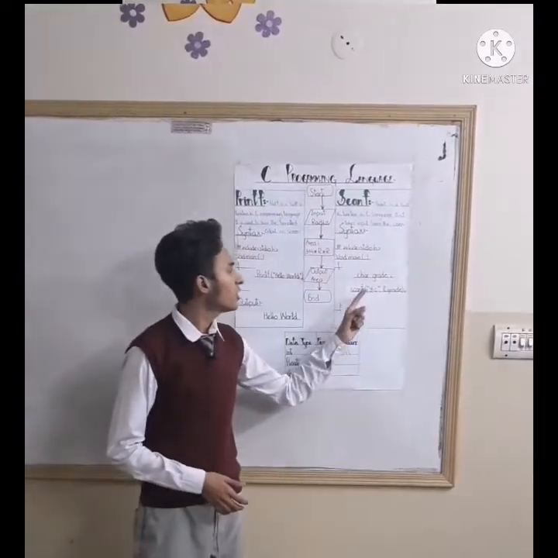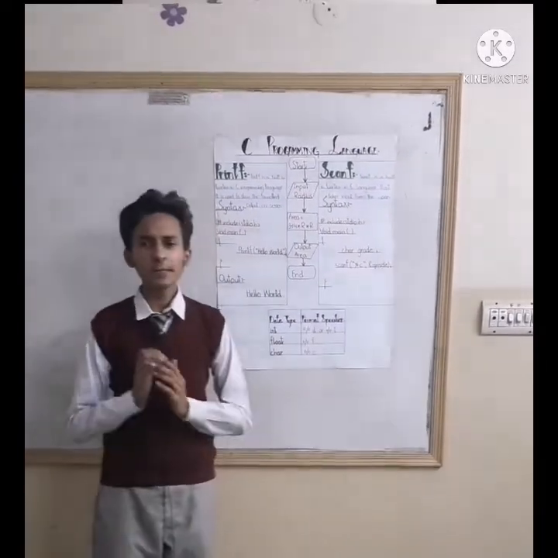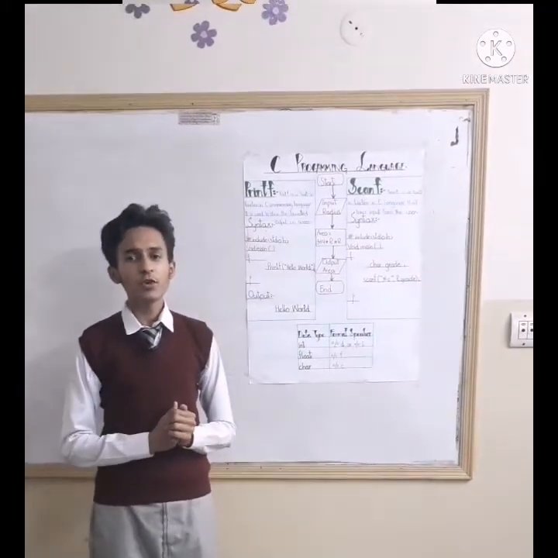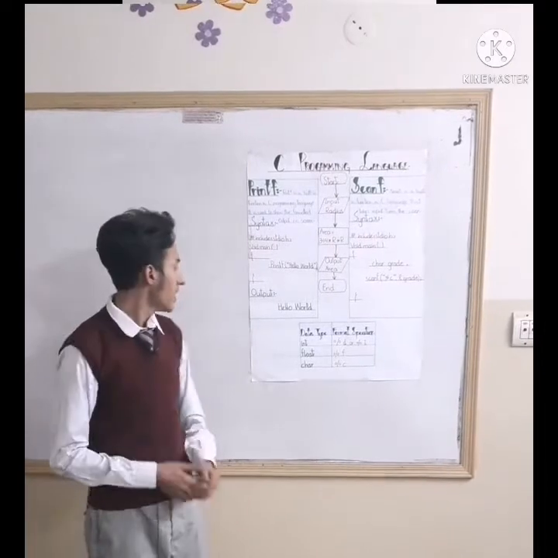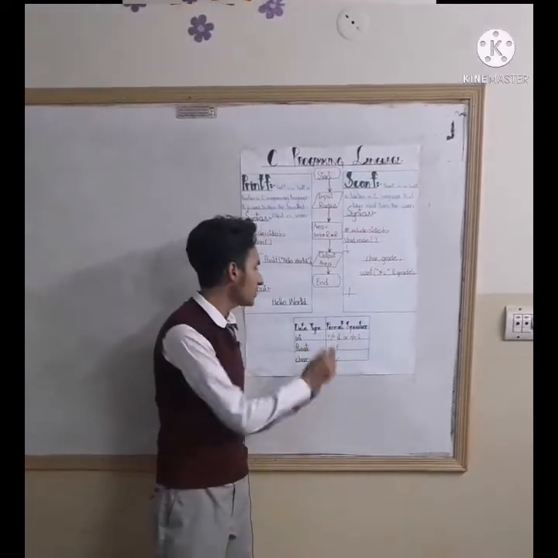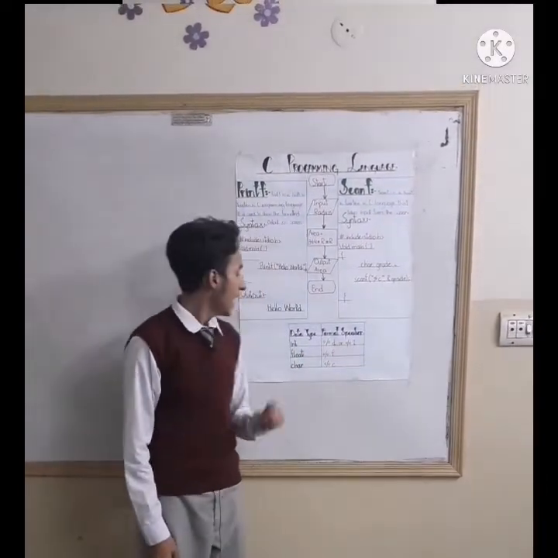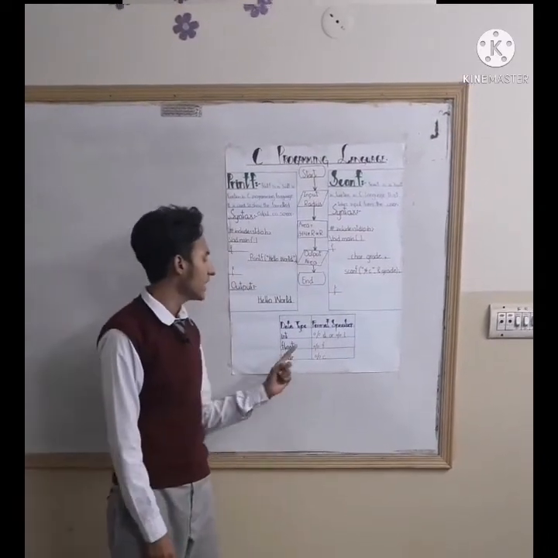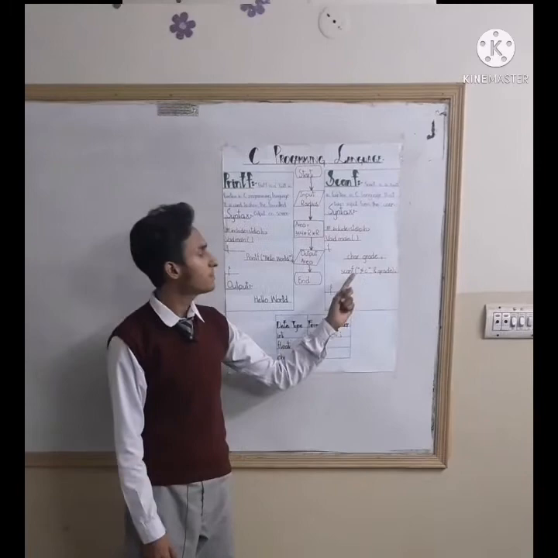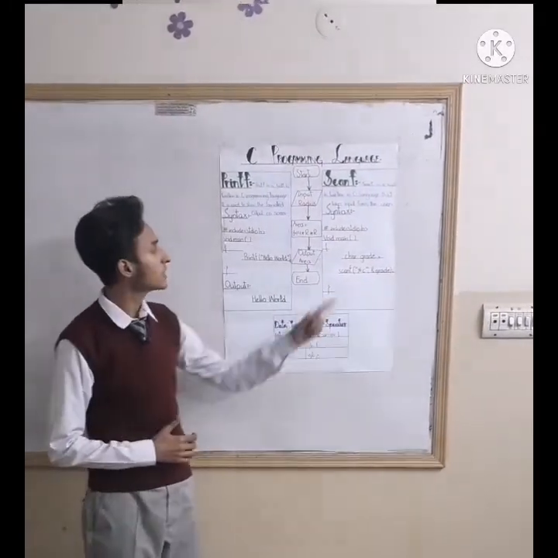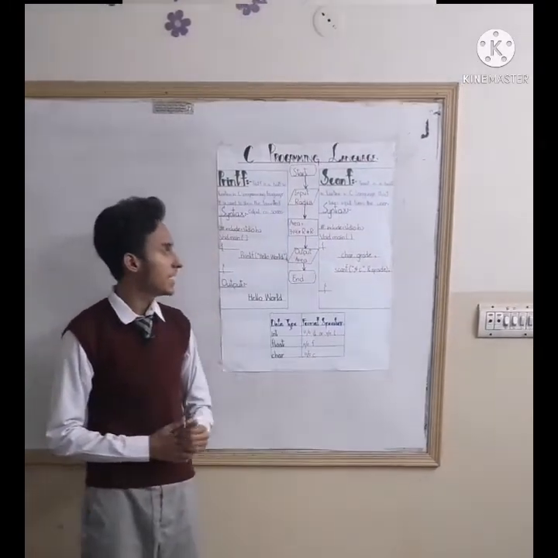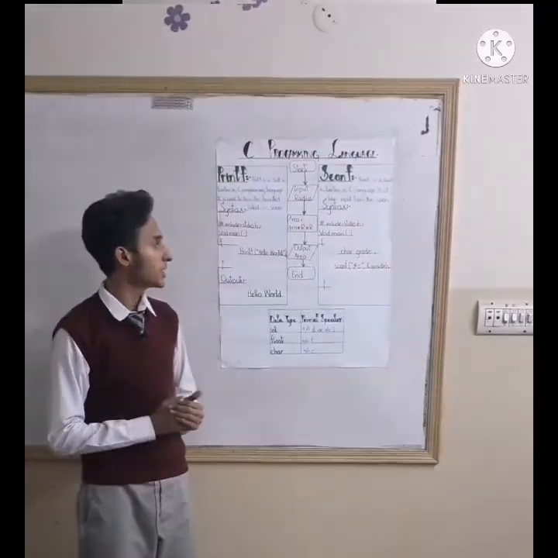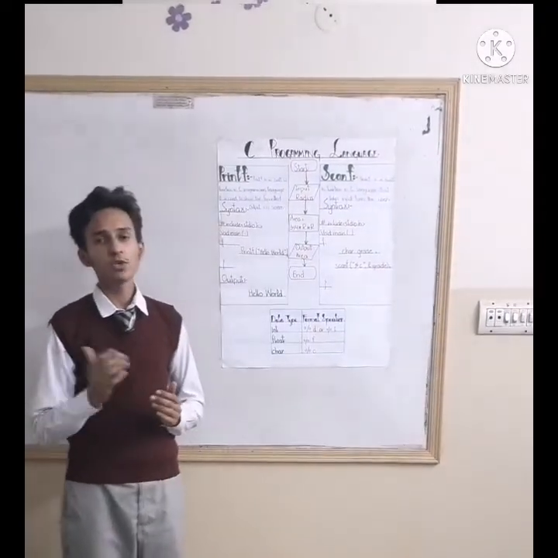In the scanf function, we use the format specifier. In C programming language, we have different data types, and we use a different format specifier for each data type. For example, for the integer data type we use %d and %i, for the float data type we use %f, and for the character data type we use %c. We use %c because we declared the character data type grade and ended it with the statement terminator, and then we execute the program.